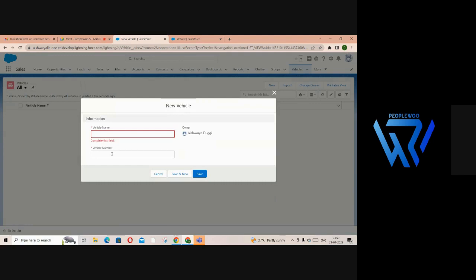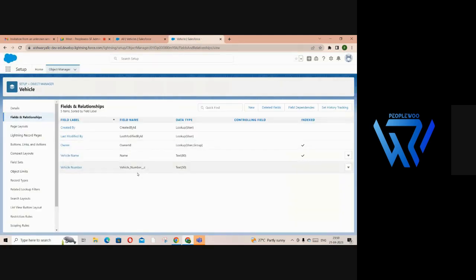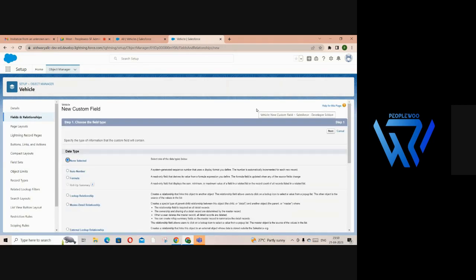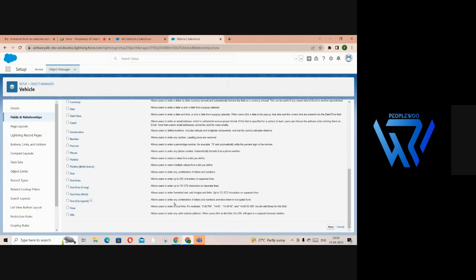Okay, so see, the vehicle number has come, and as we have set it as a required field, that's why we have a star over here. Now what we can do, for example, any vehicle will have a color, right? So we can go ahead and, for example, let's say color, then again it would be,